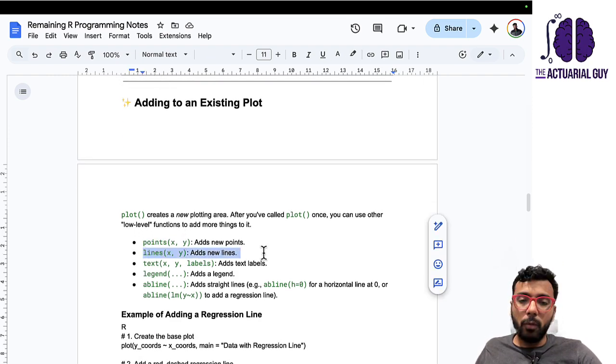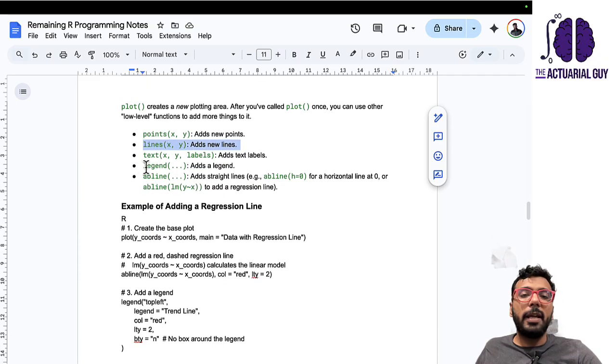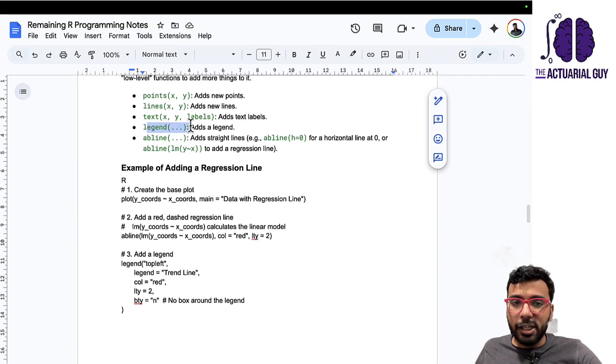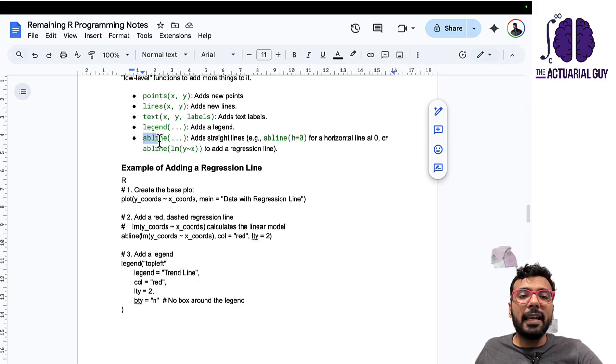You could be adding new lines to the plot, right? You could be adding some sort of text in the labels. You could be adding a legend, which basically tells you which axis represents what. You could be adding an abline, which just adds a straight line